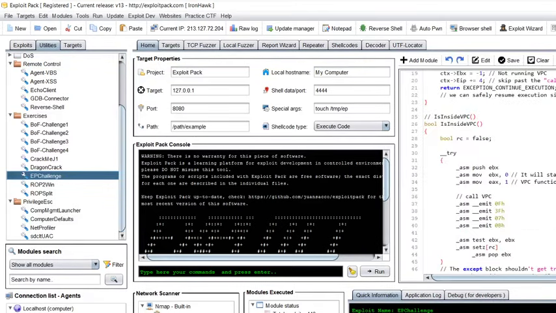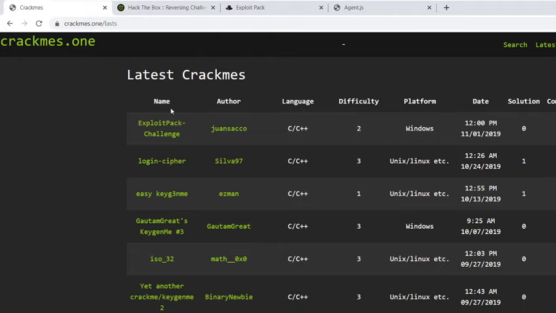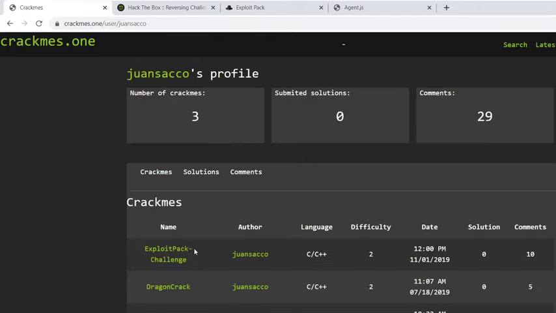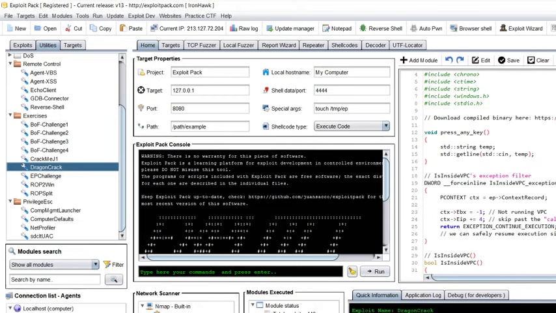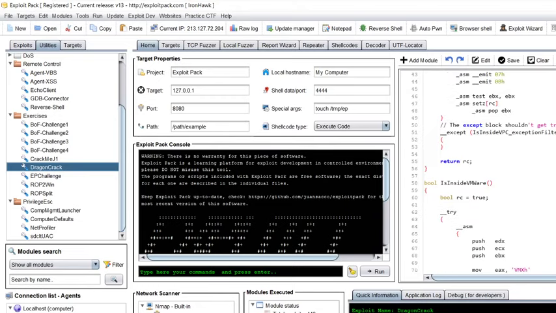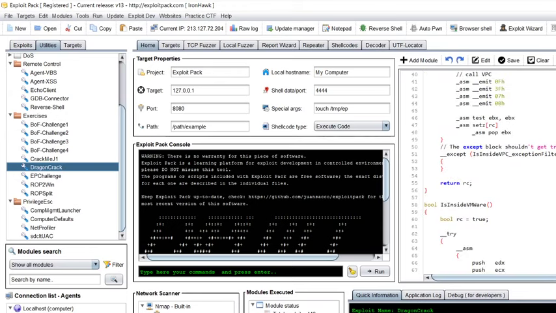So basically, you have the Exploit Pack challenge. Well, you can compile it or get it from crackmes.one here. This is the latest one, but there are a few that I uploaded. The Dragon Crack is kind of a game. It is kind of an RPG, a role-playing game. So basically, you need to defeat the dragon. You're going to play kind of a text mode